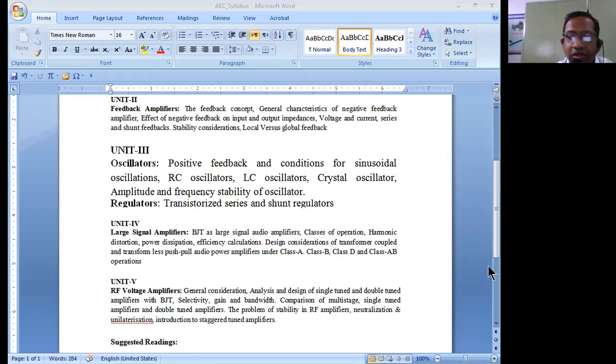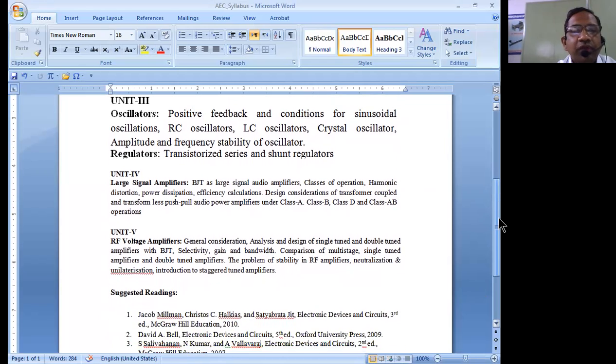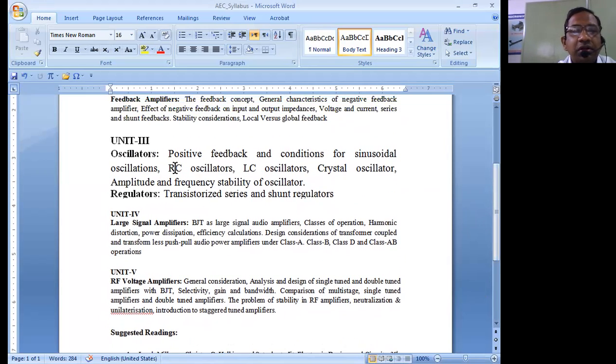Dear students, I think you might have performed very well in the external examinations which have been done. So we have had a long gap of more than 1 month, and we are once again continuing with our discussions on analog electronic circuits. We have completed almost 3 units, and the last part we are left with is the regulators part. So we have series and shunt regulators in the syllabus.